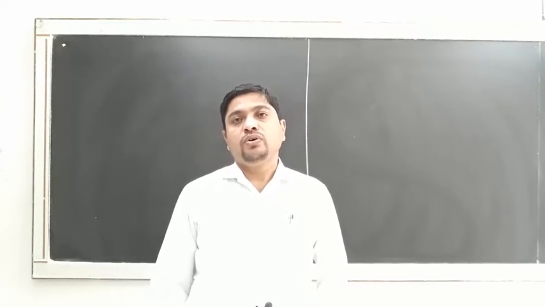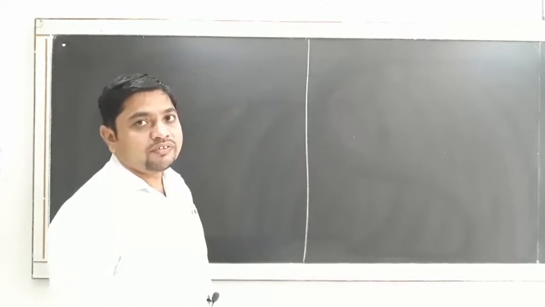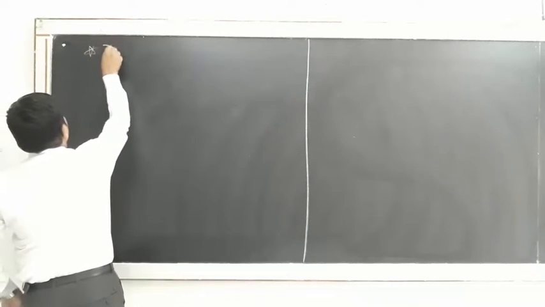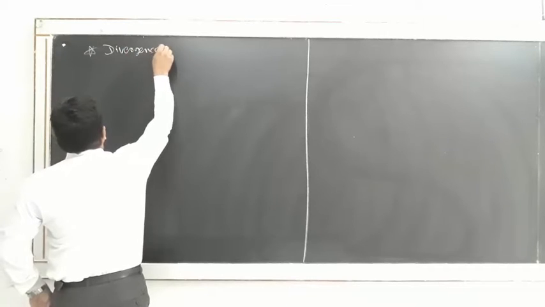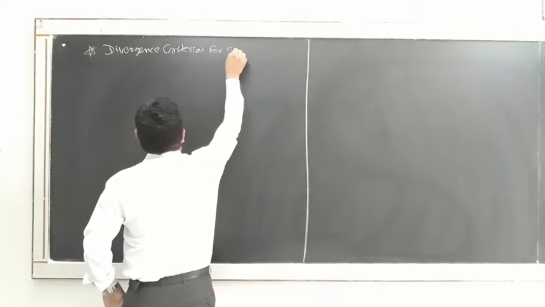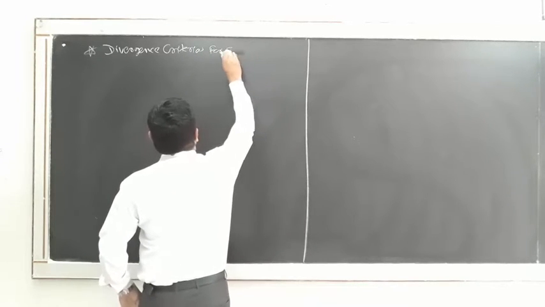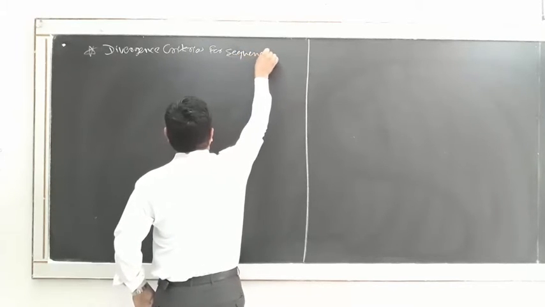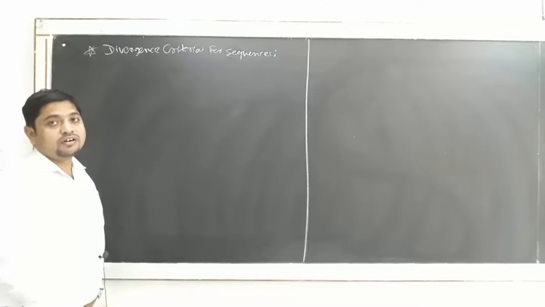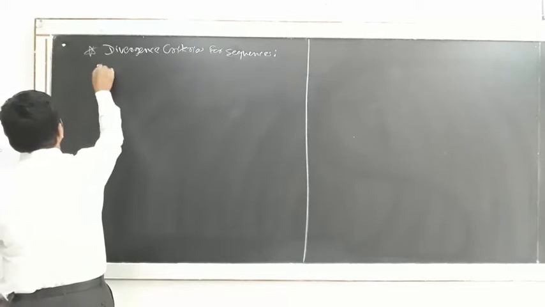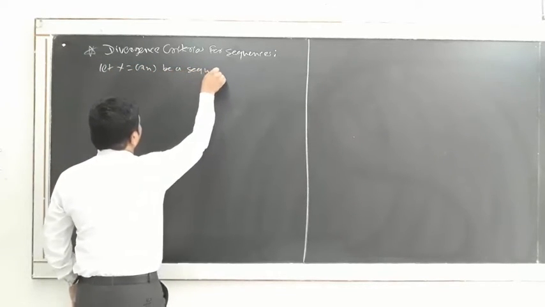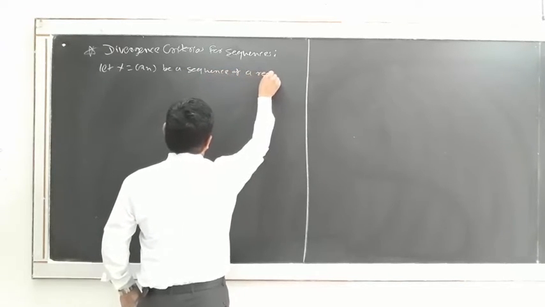Okay, so we will start our next topic, that is the divergence criteria for sequences. That is, when a sequence is not convergent, then it is divergent. So what can we write as the divergence criteria? Let X = (xn) be a sequence of real numbers,